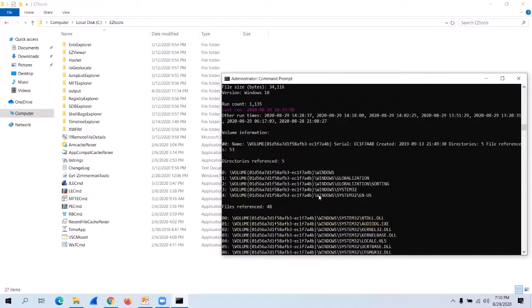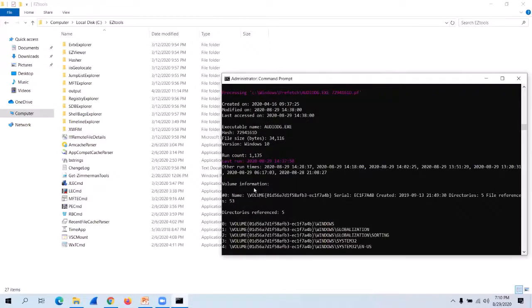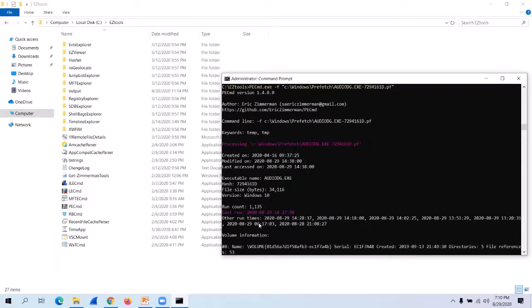So basically it shows what DLLs were loaded whenever this file was executed. I initially mentioned a particular use case: every time you reboot a system, I'm not going to go into Event Log Explorer. It's very basic and I think everybody can do this. Plus this session is not focused on that. But you can correlate a particular timestamp from there and see if at that particular time this was executed or not. Similarly, all these tools are here. You can parse each and every artifact which is available manually using these tools, the Eric Zimmerman tools.